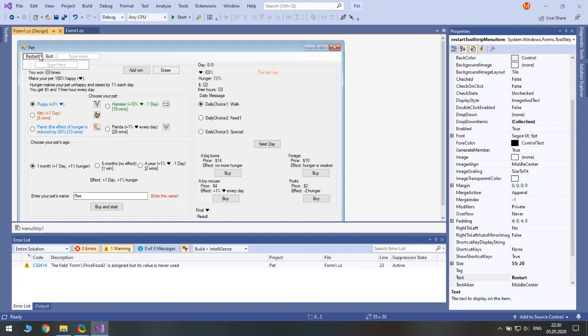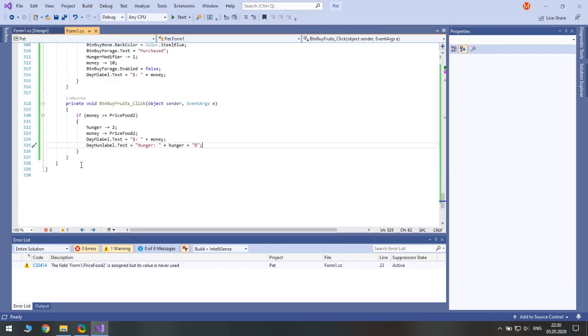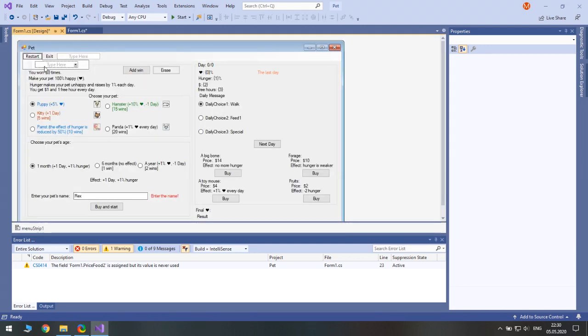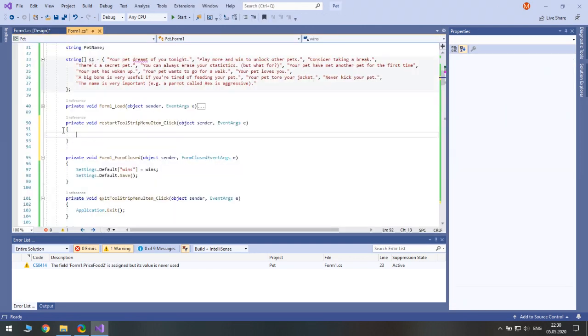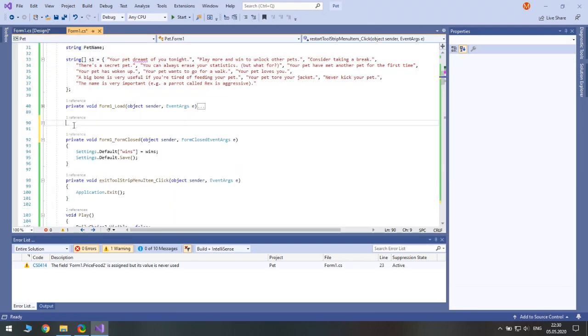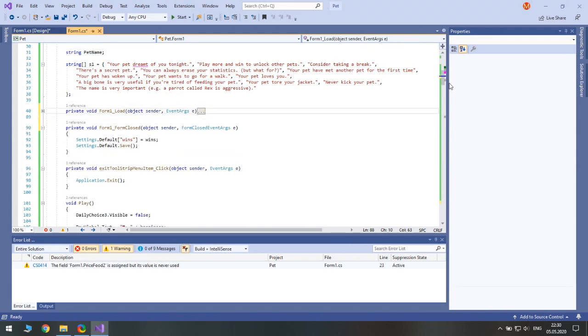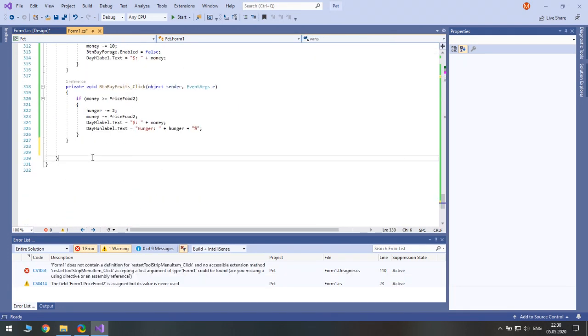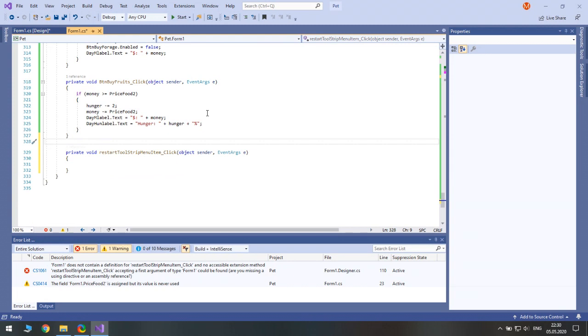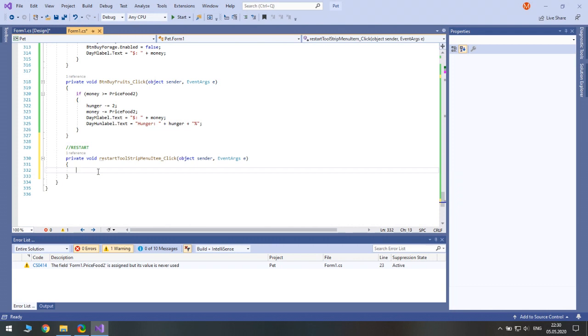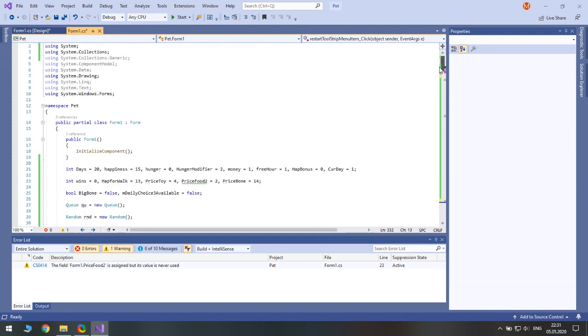yeah. Oh, we need to implement the restart function. So double click it. And here, so I will write a comment that it is restart. So if we restart the game, we should renew our variables.